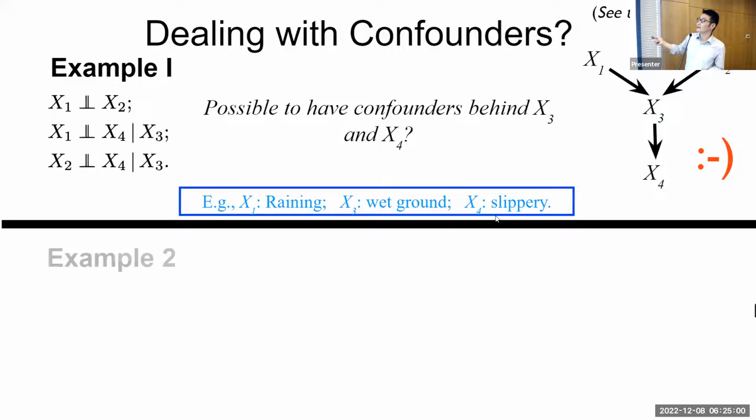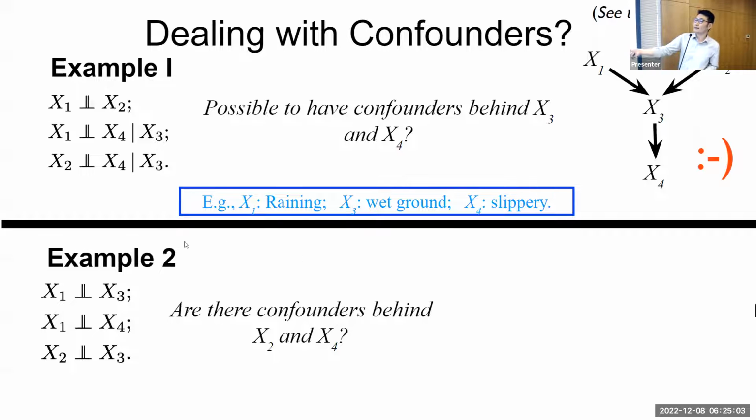Okay, so now let's look at the second example. Here we have independent noise. So if you apply PC, you will see something very weird. Let me just show the result. If you apply PC, you can see X1 clearly is not adjacent to 3 or 4, and so on. And you can find a V structure here, and you can find a V structure here. You have two V structures.